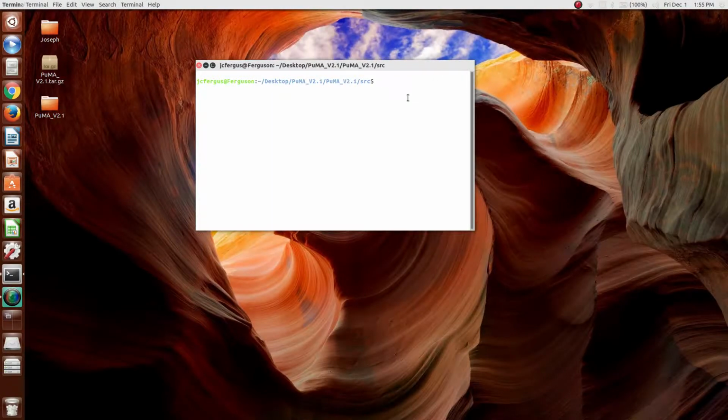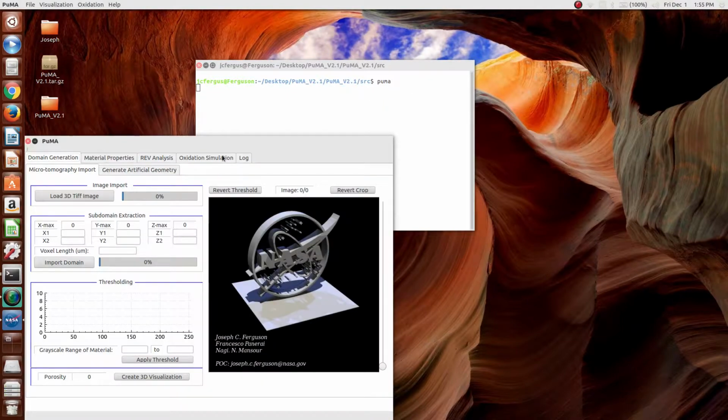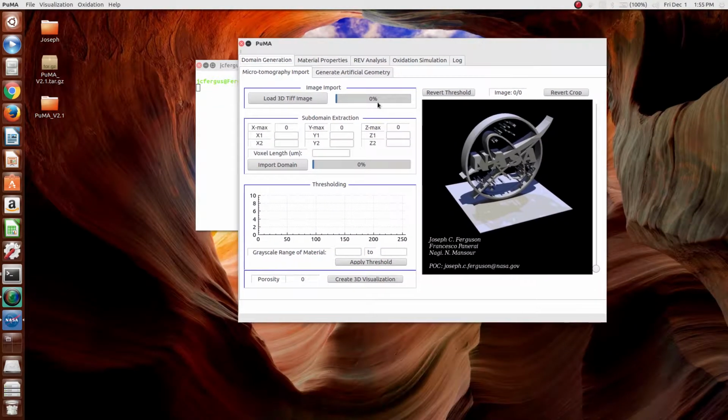In this video, I'll explain how to compute the effective electrical conductivity of a material using the PuMA software. It's assumed that the installation has been completed. If that's the case, then PuMA can be run by simply typing PuMA into any terminal. Once the window appears, the first step to compute the effective electrical conductivity is to import a 3D Tiff file